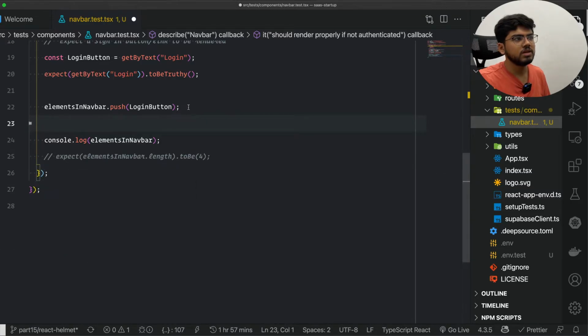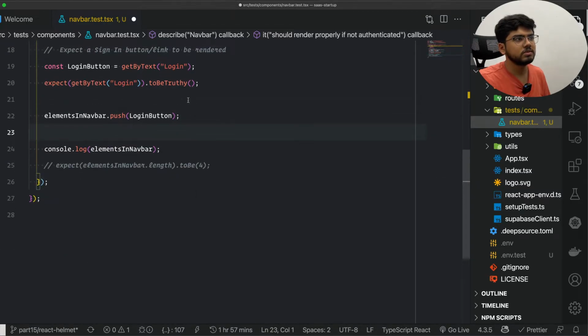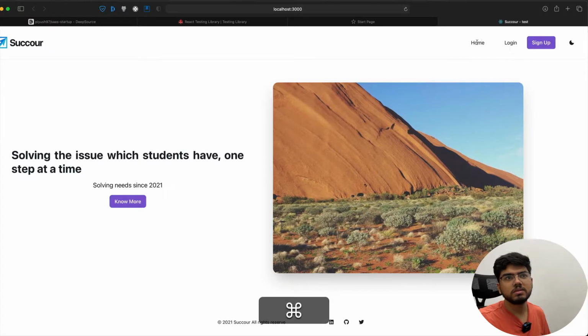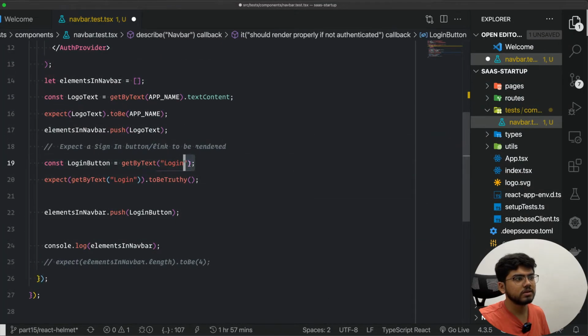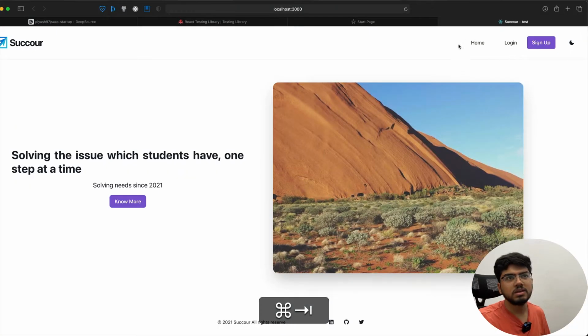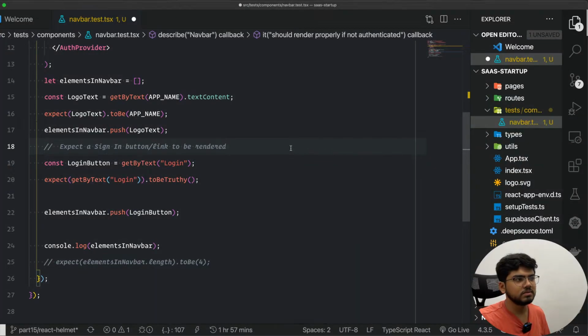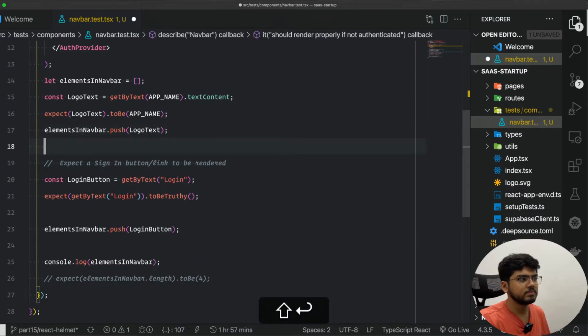So now we will add the third element. Okay, so I didn't add home, I'll add home also. So technically that should be the first element, no worries. Expect a home p tag to be rendered.